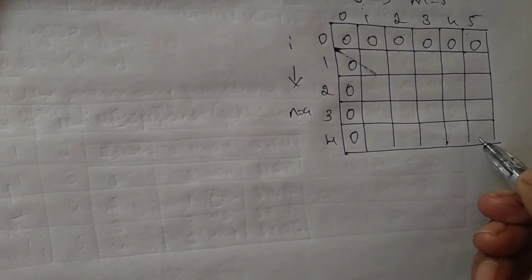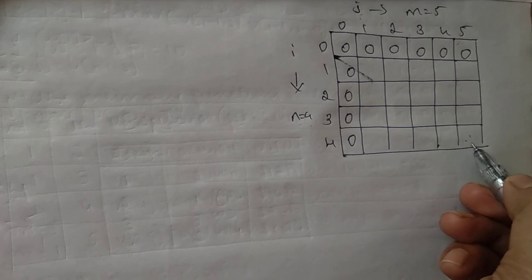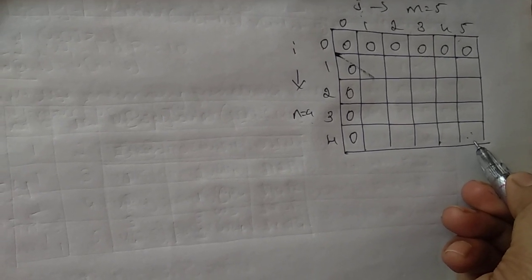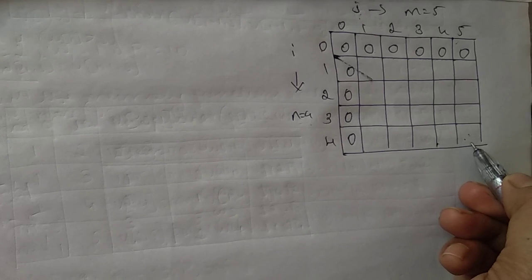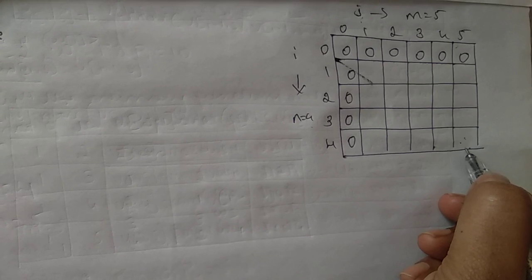Here I have already told you the optimal solution will be present here. In dynamic programming we will take the optimal solution which is present here, that is V of 4, 5. We have to start computing from here because this is very much needed. You know where your value will be stored, that is the optimal solution, the maximum profit, in the 4, 5 place. All other things we don't know whether it is needed or not, but we know this is needed. So I'll start from here. Then you will come to know which are the things you need to compute.